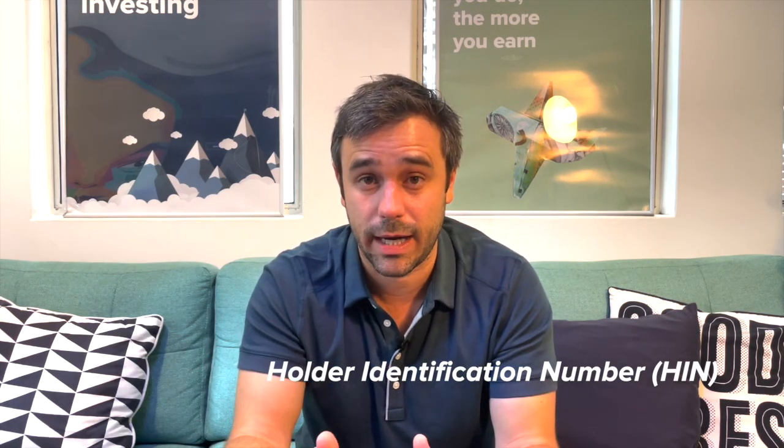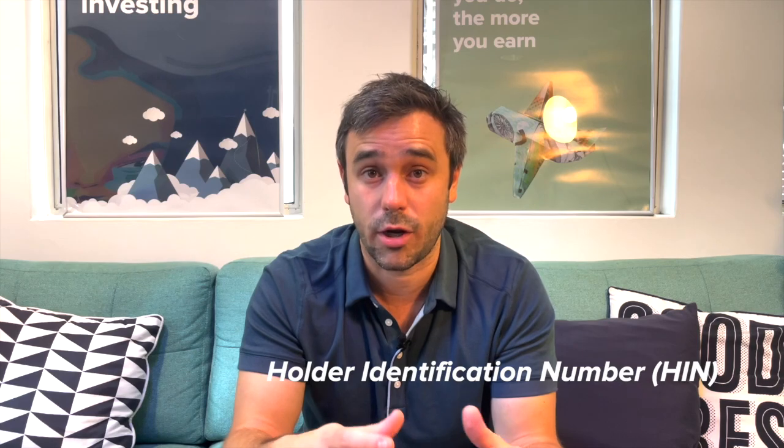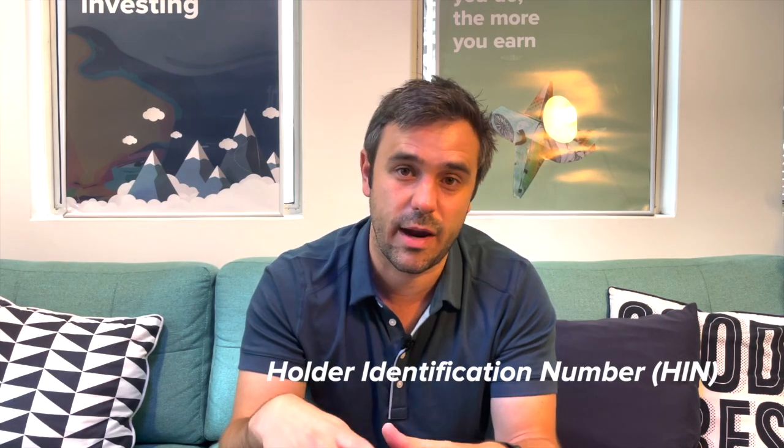The other option when it comes to ownership is going into a commingled structure. This is where everyone's assets are held together, either on a single HIN or in a custody account. Now the safety really varies a lot and it will depend on who you go with, but the benefit of this is that costs tend to be a little bit lower. The risks are that you no longer have the assurity of your investments being held at the exchange, and you have to rely on the custodian or the partner you're working with to safely manage your assets and keep them